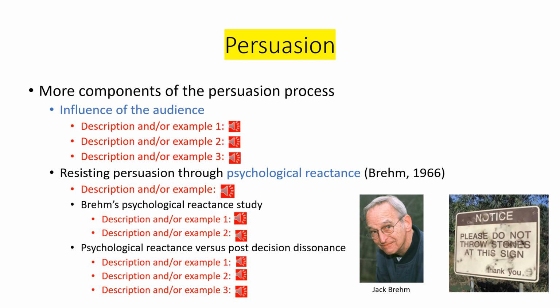Because when you're warned, when you know it's coming, then you develop counterarguments and it decreases the effectiveness of the persuasive message. We're less likely to be persuaded. So forewarning someone will decrease the effectiveness of a persuasive message because it gives them a chance to develop counterarguments. However, distracting someone increases the effectiveness of the persuasive message because by distracting them, you decrease their ability to